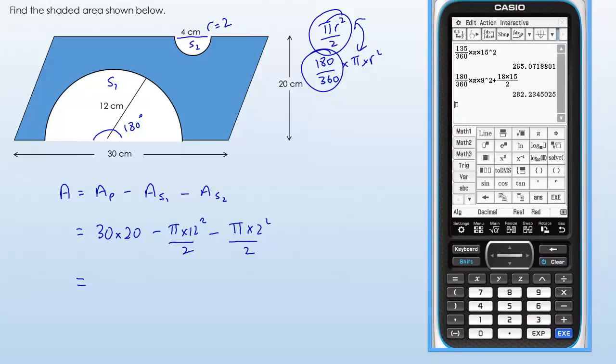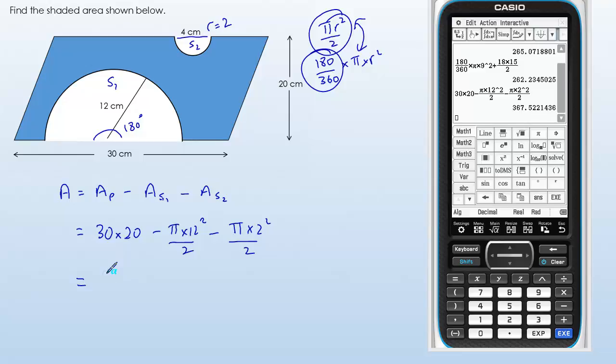The best thing to do always with these things is calculate all in one go. So 30 times 20, take away pi times 12 squared, and divide that by 2. And we also want to take away pi times 2 squared and divide that by 2. So that is